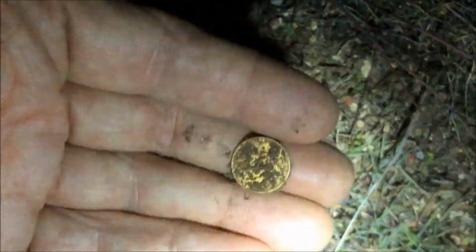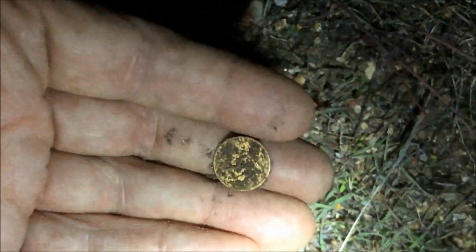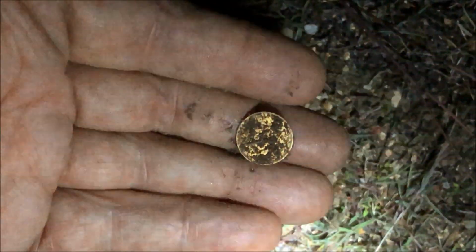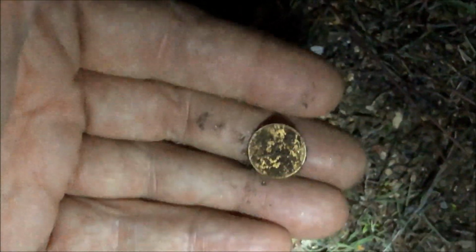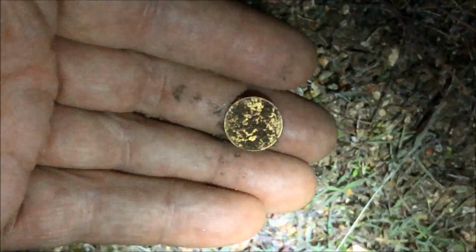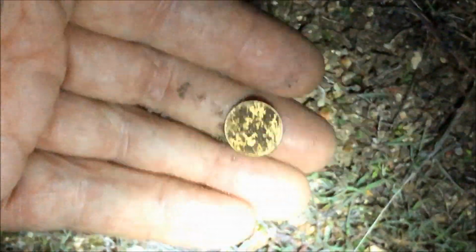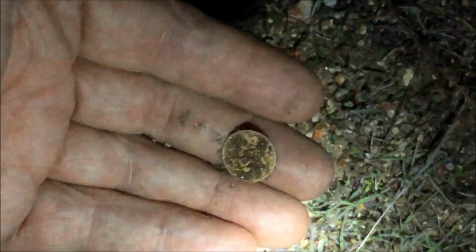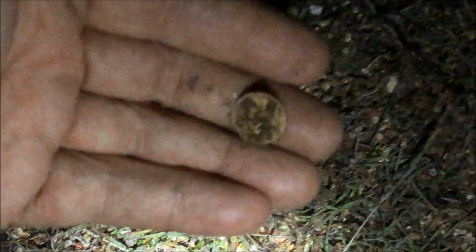I have told Tom so many times that there has to be a gold coin here, and he doesn't even want to hunt here anymore. He's totally written this place off because it is getting very tough to find anything that good here. But if you look at my videos, you'll see this is the same place that I found all those seeded dime cache that were all holed, and we think they were some kind of Indian trade silver type thing. So at any rate, oh my God,